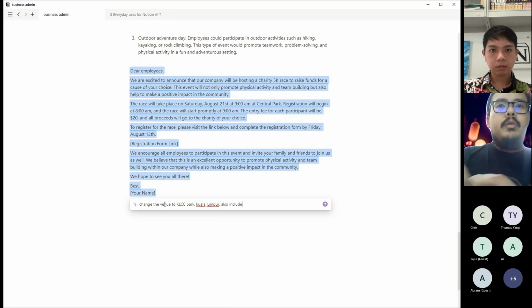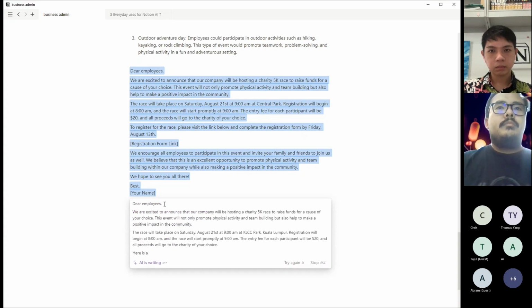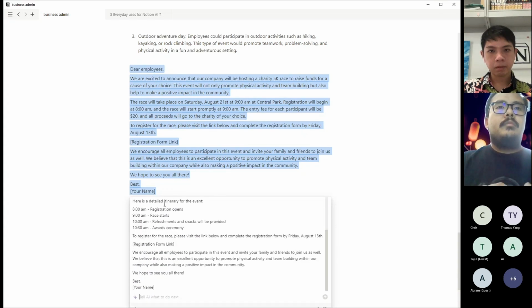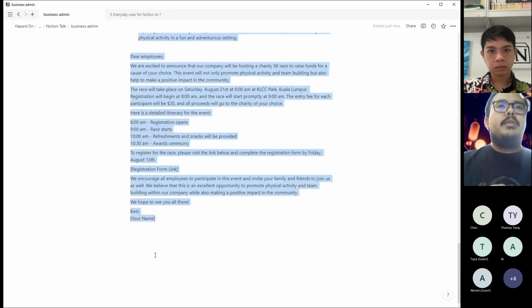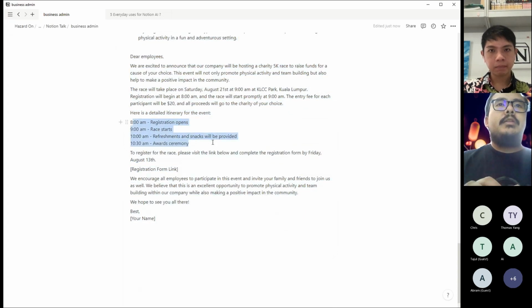Also include the detailed itinerary for the event. So replace selection. So I added the itinerary.